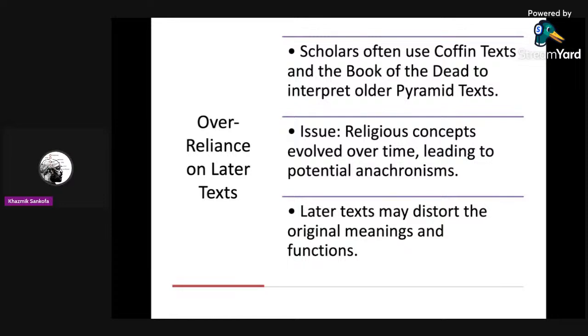It's not that it was only for the king, but we can also see that in Kemetic society, and this is what I'm learning, it's only because of strong kings that we even talk about Kemetic society now. If it wasn't for strong kings, and strong queens, I gotta put that out there, if it wasn't for strong brothers and sisters, strong kings and queens leading Kemetic society, we wouldn't be talking about it, right? And so there was a lot of emphasis put on having a strong ruler in the pyramid texts. But over the course of time, it changed. It's not that religious concepts evolved or changed, it's just that different aspects were focused on.